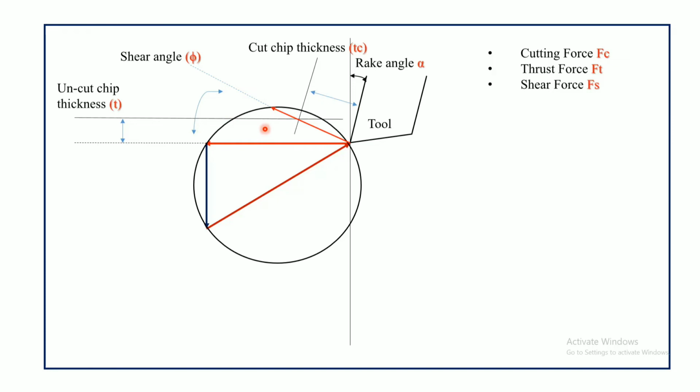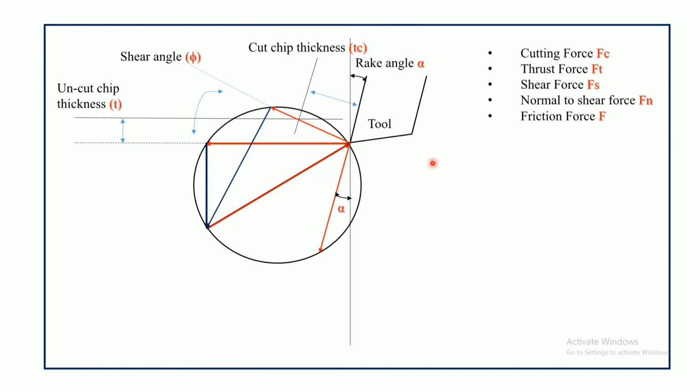Now the line perpendicular to the shear force is the normal to shear force. Till now we have drawn the shear force and normal to shear force. We can measure this length and convert it by a suitable scale, and we can convert this force into Newtons also. We can also determine the shear angle.